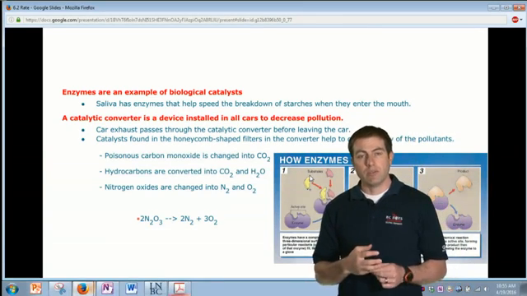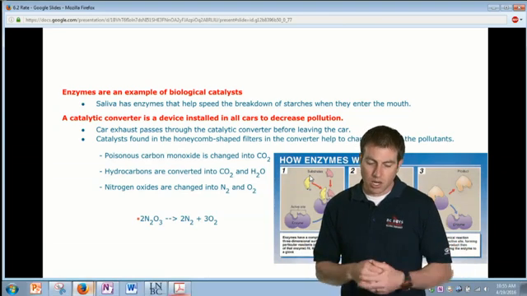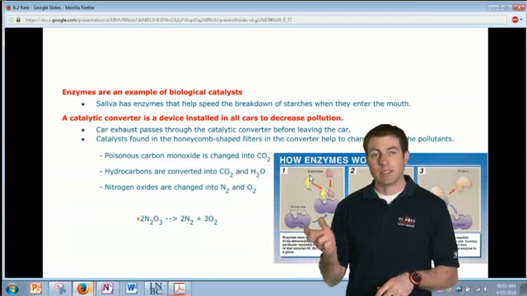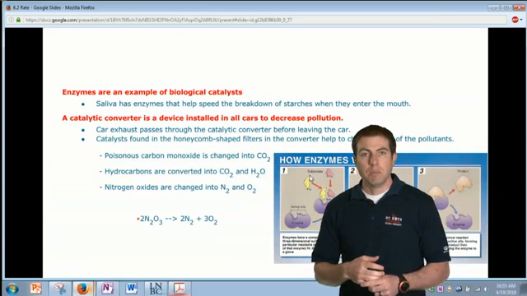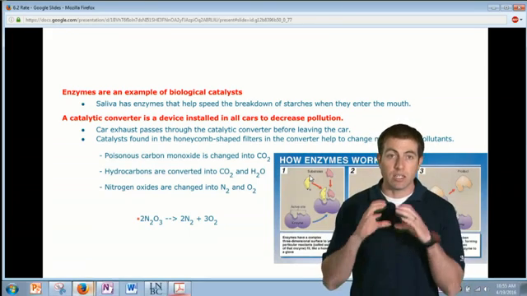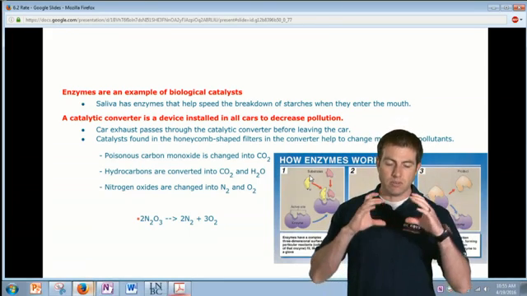Another one you might have heard of, if you're into cars, and I'm always into cars, is catalytic converters. So we talk about a catalyst, catalytic, same idea. Basically all new cars that are made, if they're a gas-powered car, have a catalytic converter in the exhaust, and it's kind of like a honeycomb